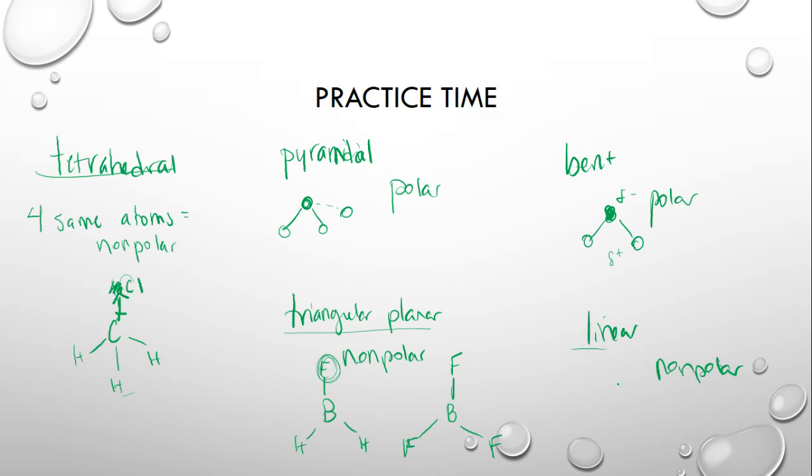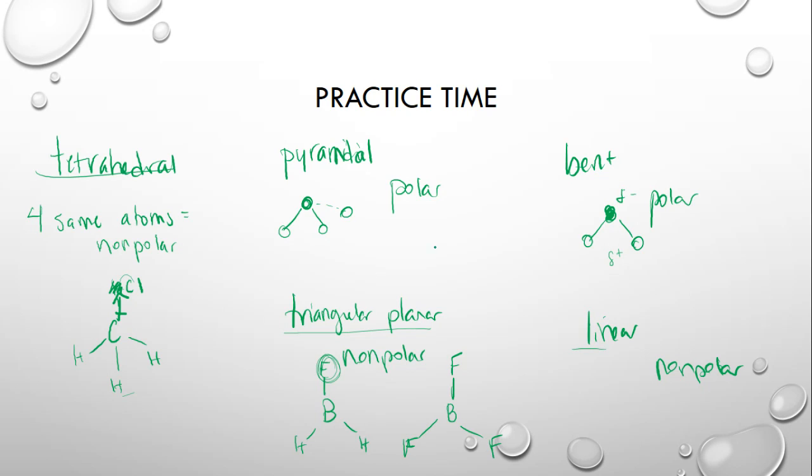I personally think the easiest way to do this and not get screwed up is to go back to your shapes and then look at it and ask, is it evenly spread out? Do I have everything the same around it? You can memorize, like I just said, that pyramidal and bent tend to be polar, while linear, triangular planar, and tetrahedral depend on whether all of the attached atoms are the same. If they are, it's nonpolar, and if something is drastically different, then it's going to be polar. Think it through. This is something again on the final exam that they could ask you,